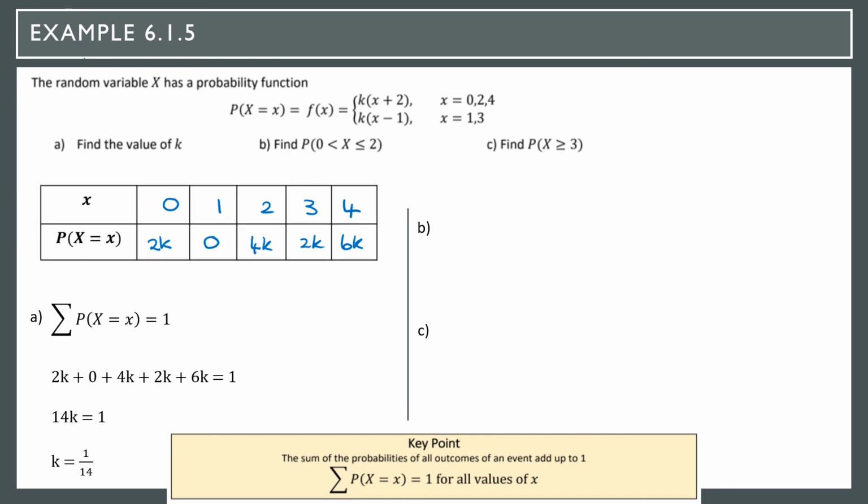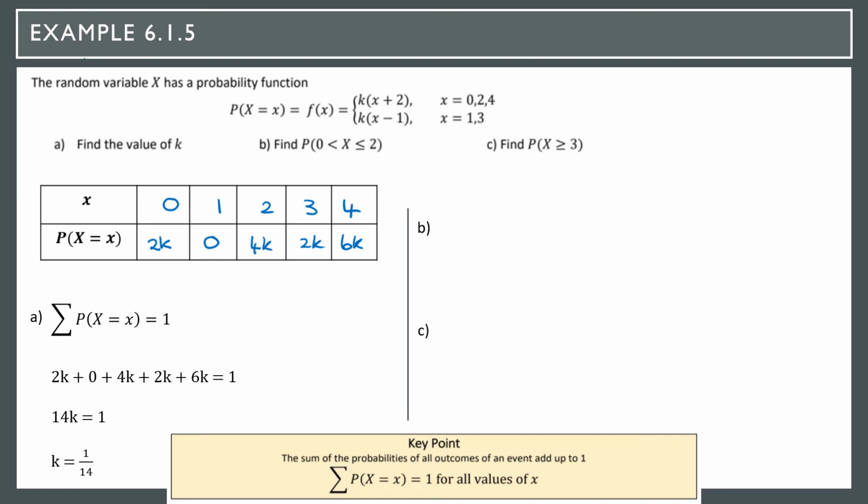So then from here we can use that the sum of the probabilities of all outcomes of an event add up to 1. So this is where I was saying that it's not necessarily a requirement to have your probability distribution. You could formulate the following equation using your probability mass function, but it can make it just slightly easier to see. And once we've done that, we should all find that k is equal to 1 over 14. And I'm just going to pop those values into our probability distribution just to help us with part B and